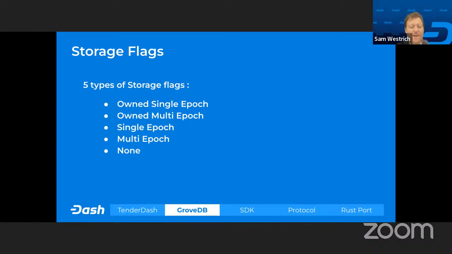You should be paying it for your current epoch. So we added storage flags to allow for decomposing the amount of bytes stored into multiple epochs, and also to signify who owned the bytes.